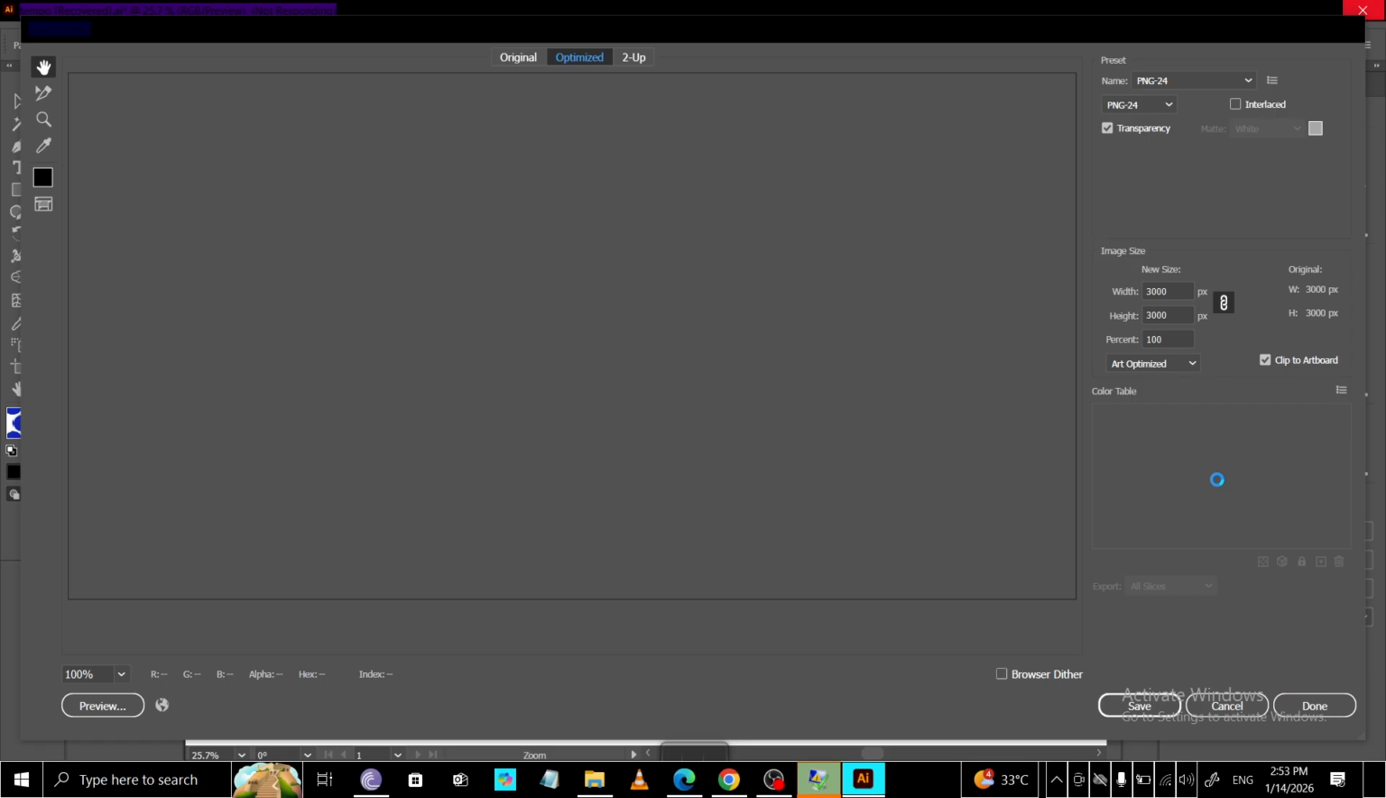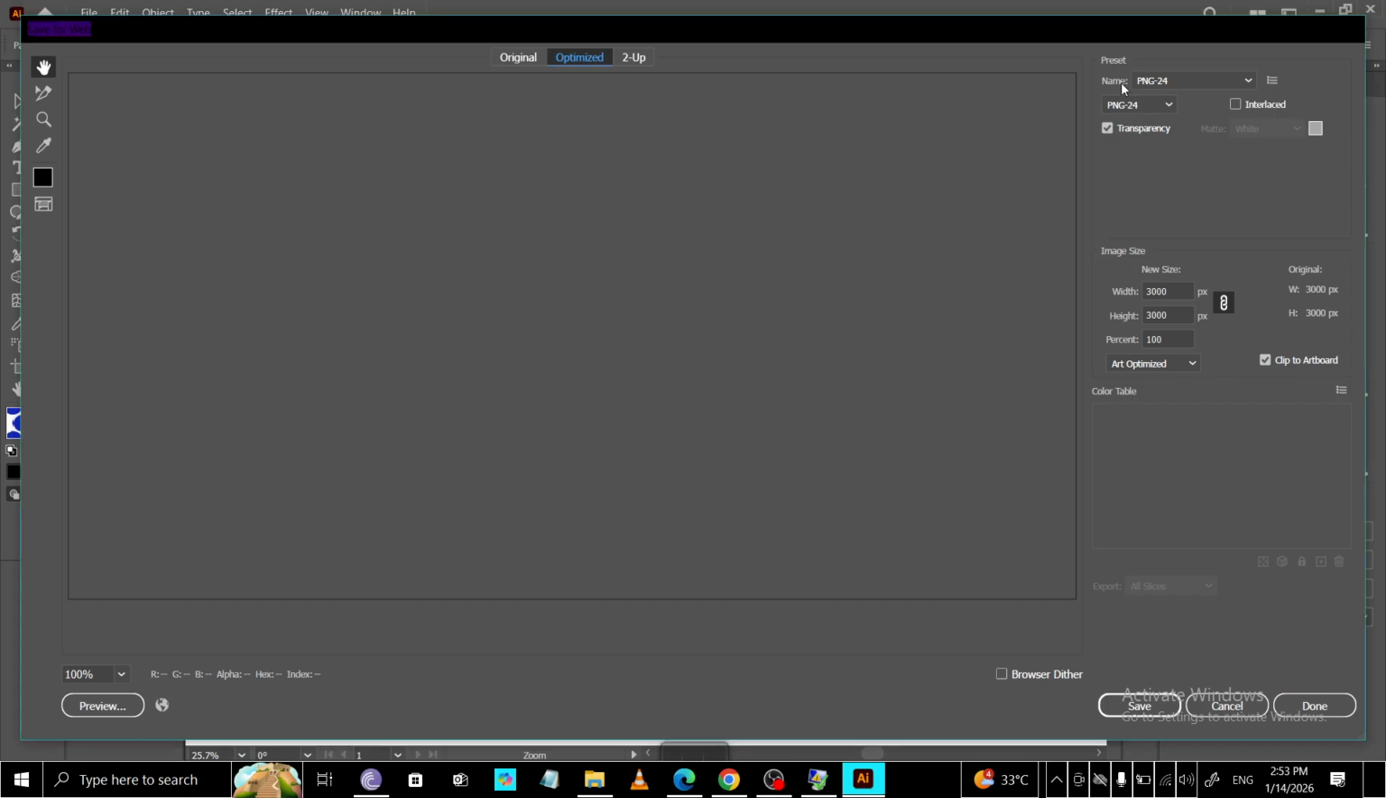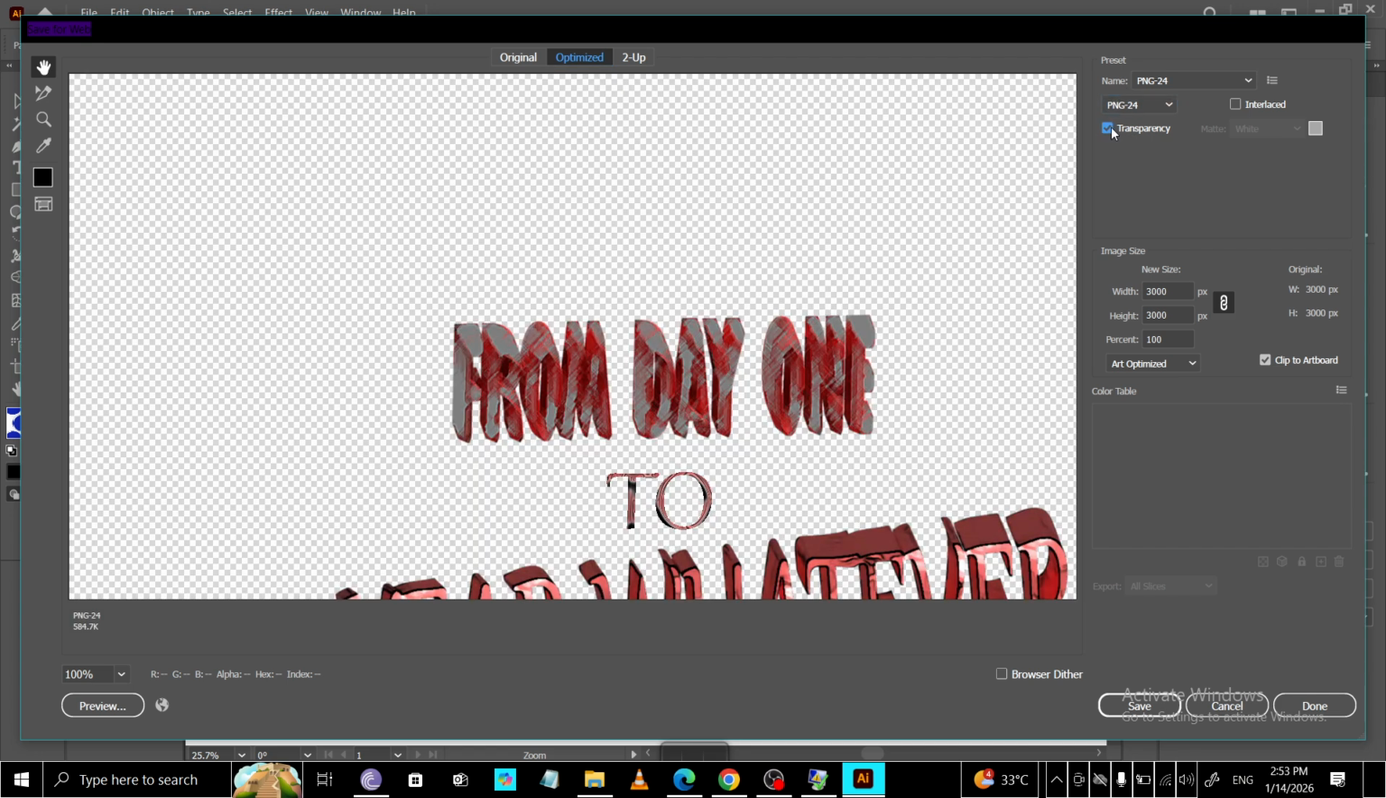If your design needs a transparent background, like a logo that should sit cleanly on a web page, make sure transparency is enabled. This is essential for PNGs and can also apply to certain GIFs. If you don't need transparency, leaving it off can slightly reduce the file size. Set the image size for